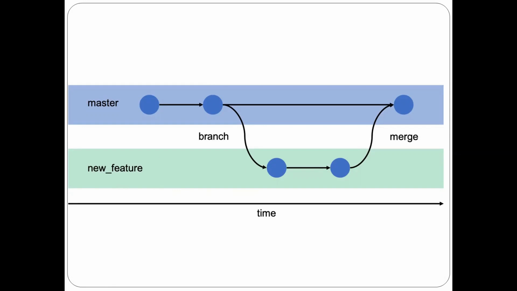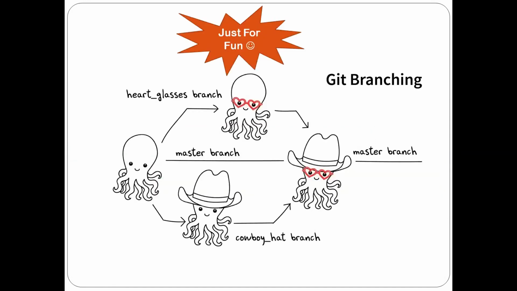So now we'll see this fun idea which will be useful for understanding Git branching, to be precise. Let us think this is the master branch, and this is one branch, let it be something like a goggles branch, some name. And this is another branch. And here, this is the main branch. In this branch, we have made some changes, like we have added goggles to this animal. And in this other branch, we have added a hat.